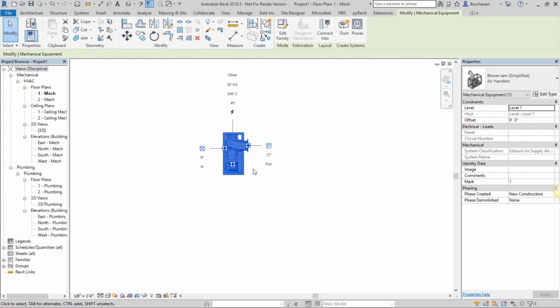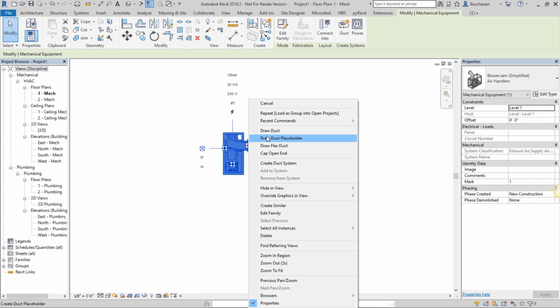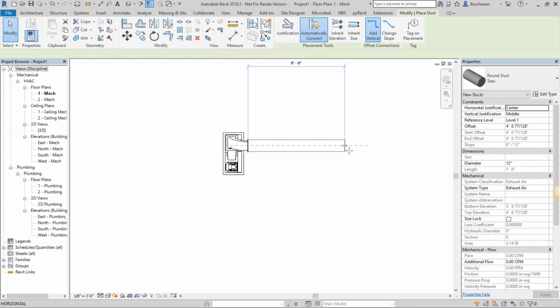You could absolutely simplify this more inside of either the Inventor side or on the Revit side, depending on where you want the simplification to happen. And you can see here that I have my 12-inch out and my 9-inch in. So I can actually right click and do draw duct. So I can start drawing a duct